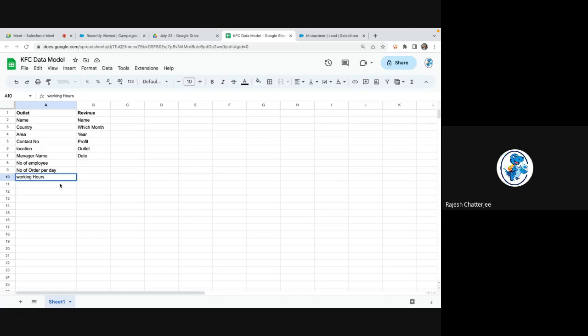Before I take another input from you, we have learned the difference between object and field, right? Let me tell you the next thing now. As a Salesforce consultant, this is the difference between a good consultant and an average consultant. A good consultant always tries to make a system for a customer